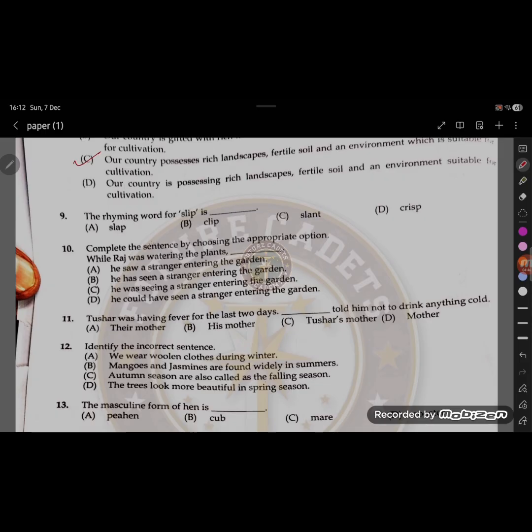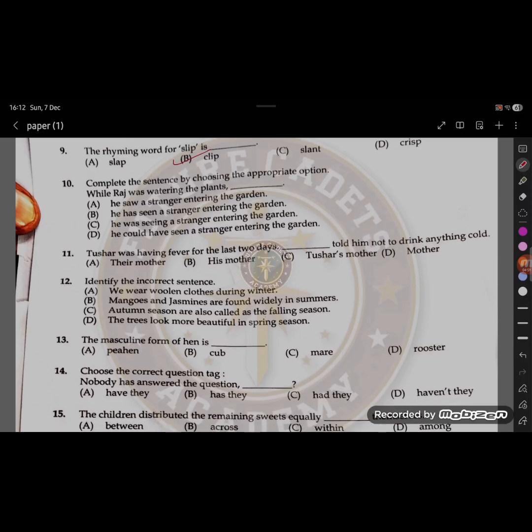Now in question number 9, the rhyming word. We did this a lot and we know how it works. So for slip, it's evident that clip is the most appropriate rhyming word. Now for question number 10,